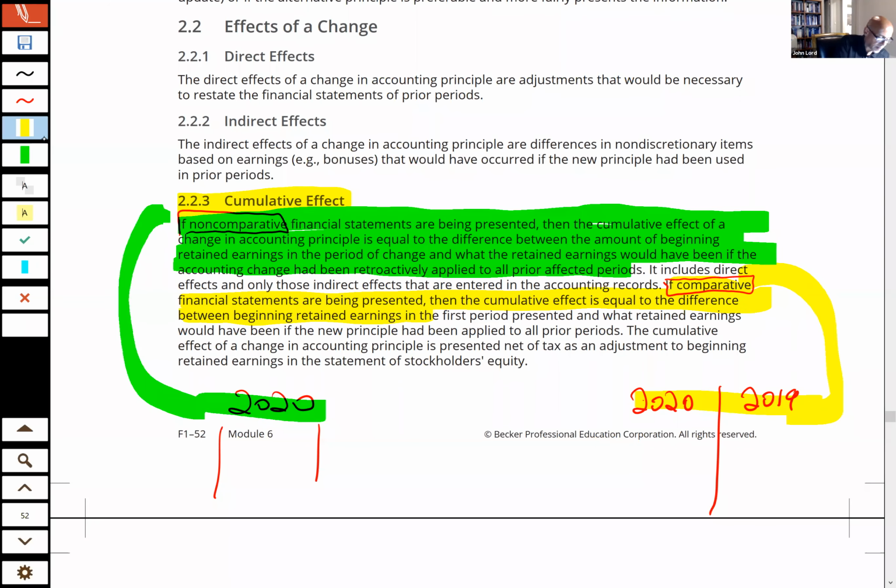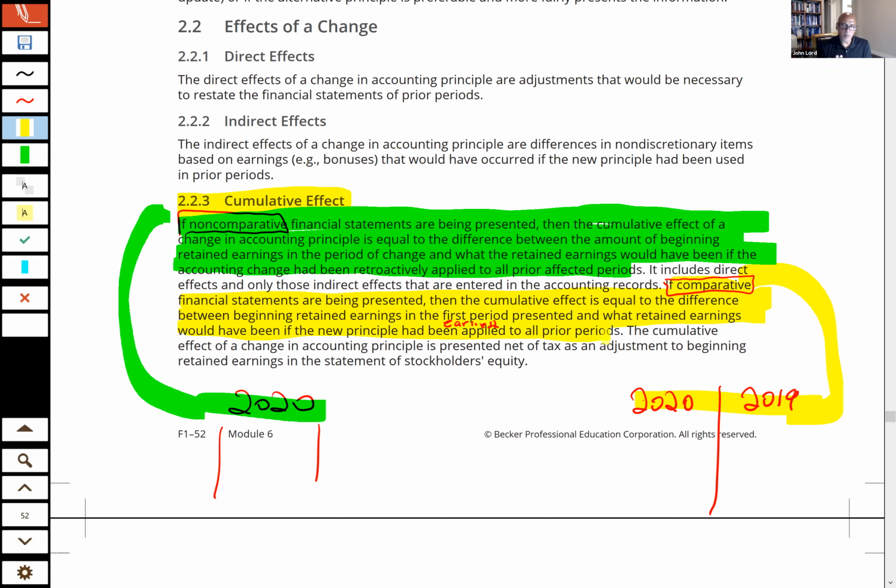earnings in the, they say, the first period presented. I like it better to say the earliest. I'm squeezing in the word earliest period presented. I don't like the first period presented. The earliest period presented, and what retained earnings would have been if the new principle had been applied to all